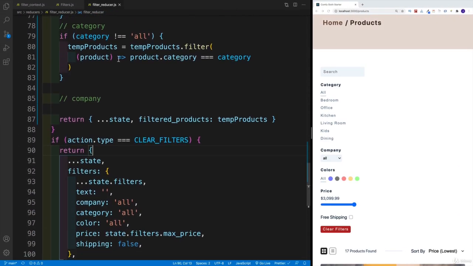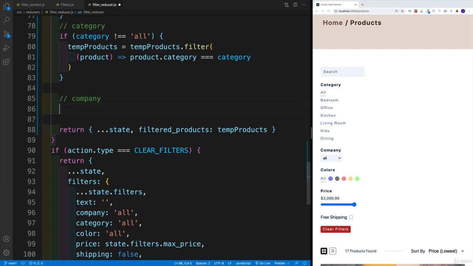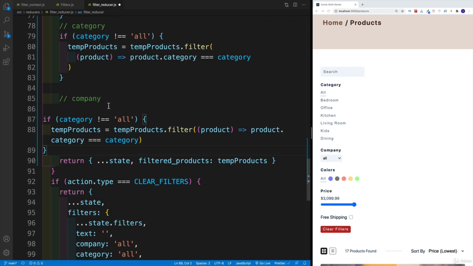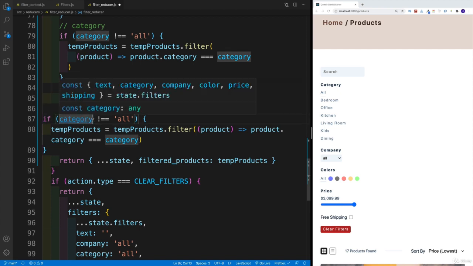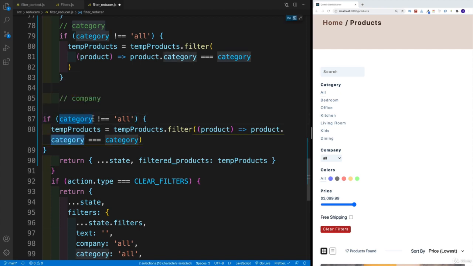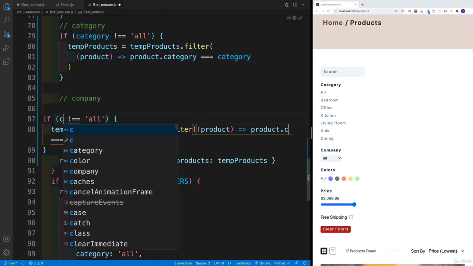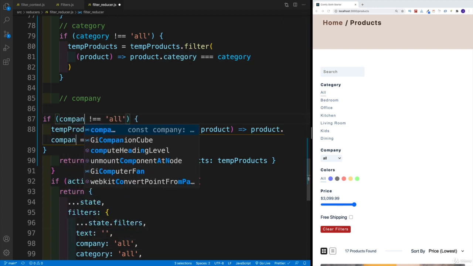And okay, we have category that is done. Now I want to do the same thing for the company. Again, we can pretty much copy and paste in this case because functionality is going to be extremely similar. We copy and paste. Now, please, please, please make sure that you change the values though. So in this case, I'm not looking for the category. By the way, I can right away select in multiple places. And I just need to say company like so.